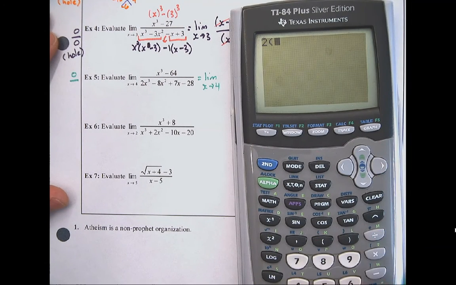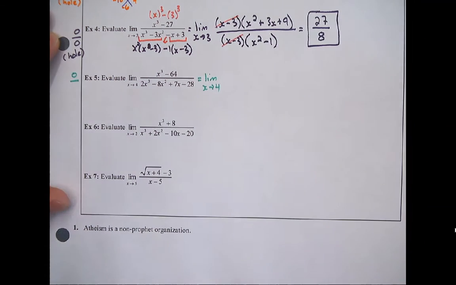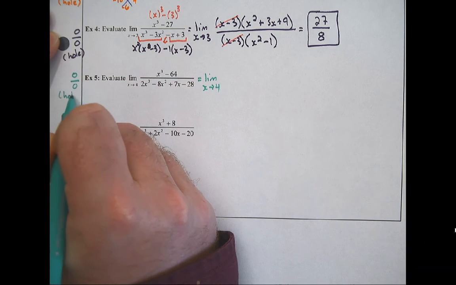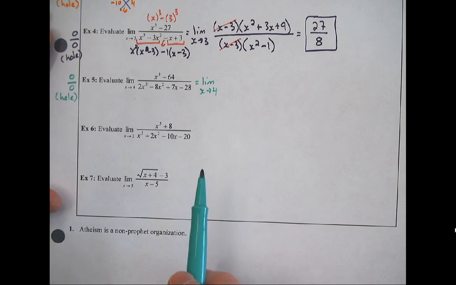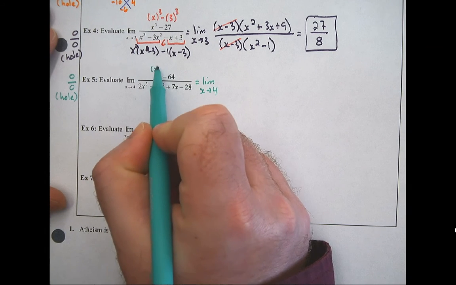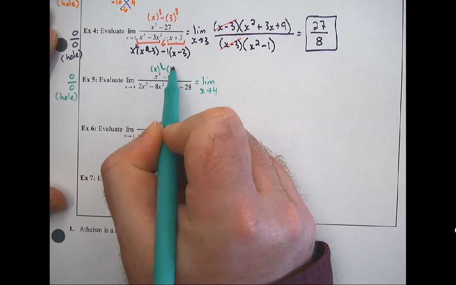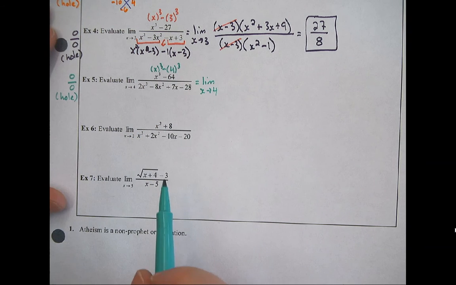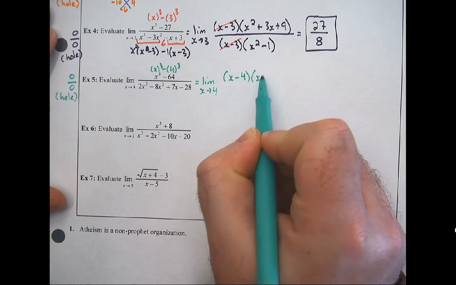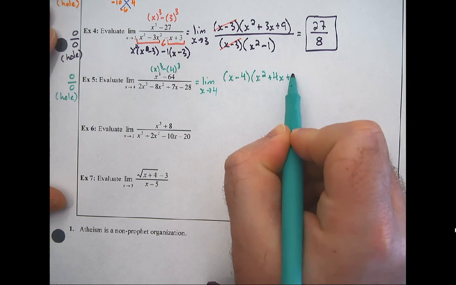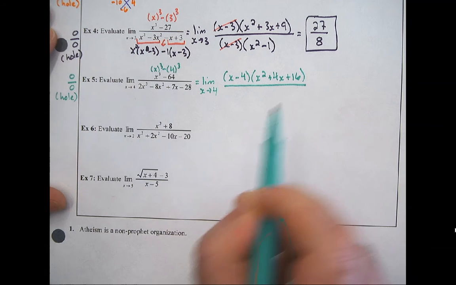2 times 4 to the third minus 8 times 4 squared plus 7 times 4, subtract 28. Yep, 0. Okay, so we got a hole again. We just got to find it. So if you haven't, pause and try to factor. So this is x cubed minus 4 cubed. That's going to give me an x minus 4, x squared plus 4x plus 16, over